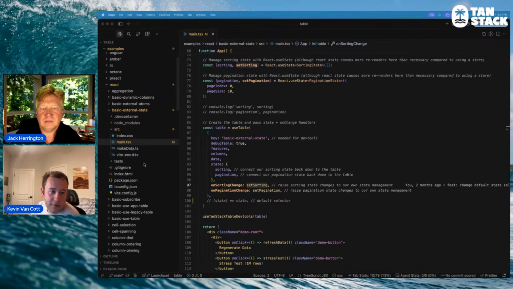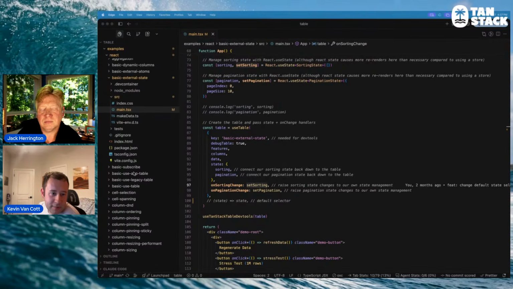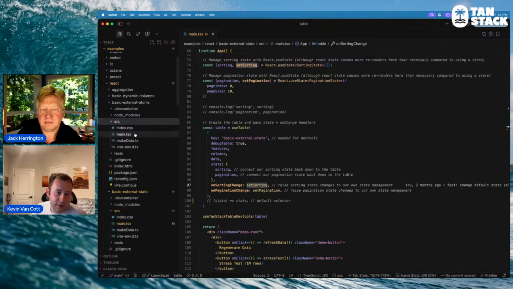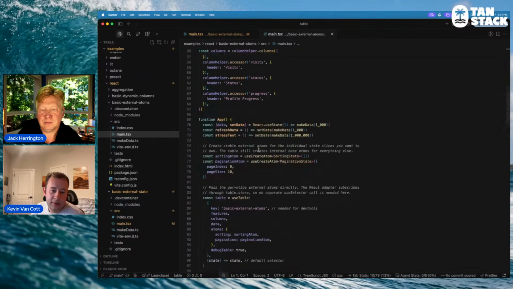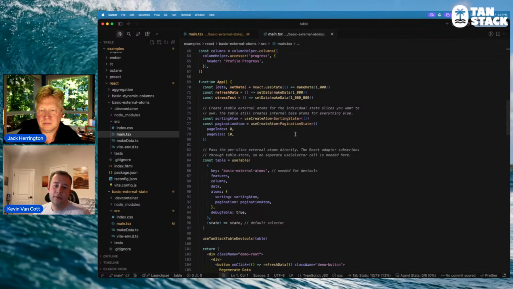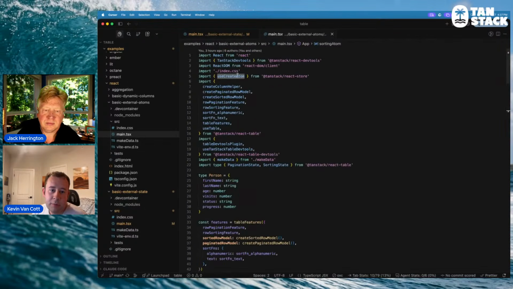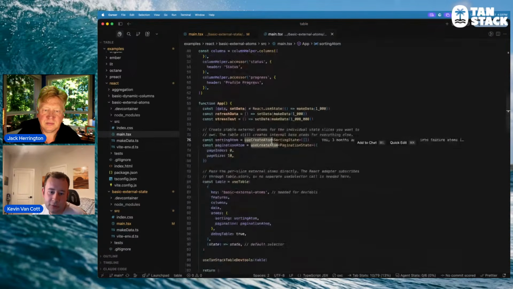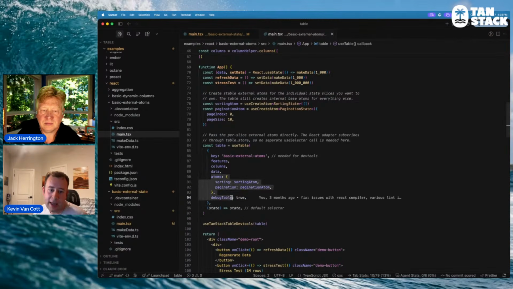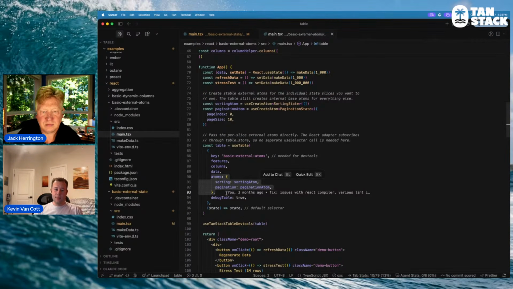But what's new is you also have the ability, I want to show the atoms one, to, instead of using React state or Solid signals or whatever, use TanStack Store directly. So we are importing this directly from TanStack Store. And then instead of passing in a state, we actually just hook up the atoms directly. I don't know if that means much to you, but